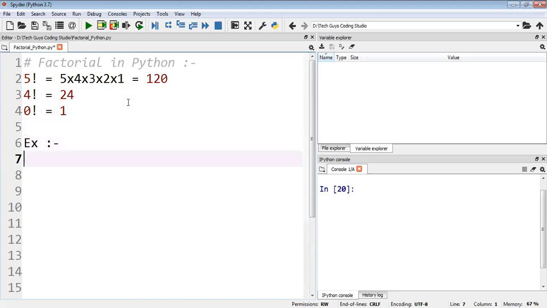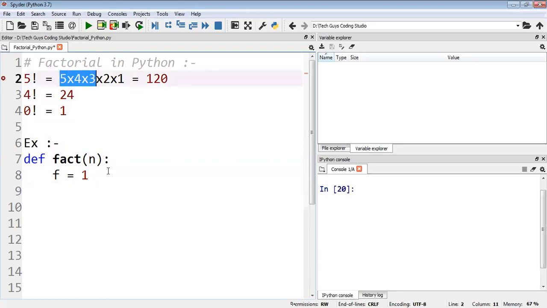Okay, so we will do one thing. First I will show you how we will create our own function, like factorial, and we will get the output. So I'll create a function named fact, def is the keyword, and I will pass n here. Okay, initially I will take factorial f equal to 1, that means we initialize it to 1. Later I just want to know, because we are numbering here 1 to 4, right? So for that I will do one thing.